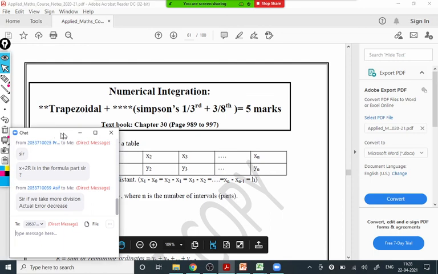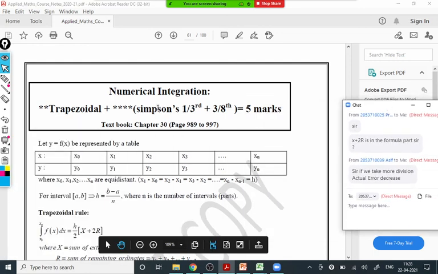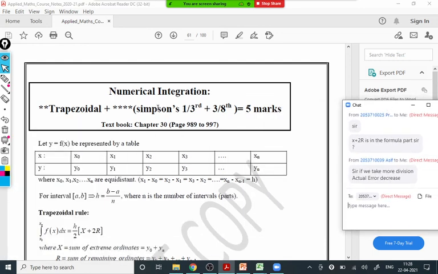So numerical integration. In numerical integration, we have mainly two methods: the trapezoidal rule and Simpson's 1/3 and 3/8 rule. The purpose of all these three methods is the same: to get the approximate area of integration. The most important method is obviously Simpson's method, because it is more accurate. Its error is less compared to the trapezoidal rule. Because of that, Simpson's methods are most popular and are mainly used for numerical integration.